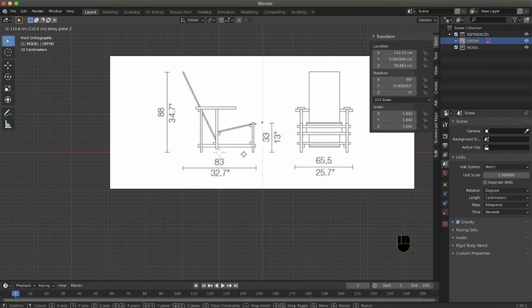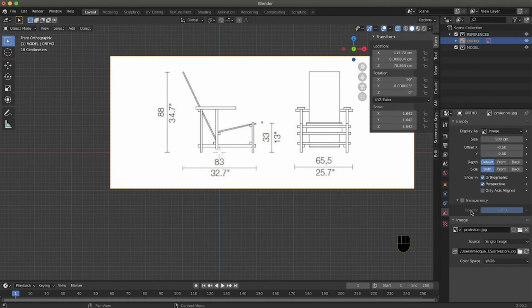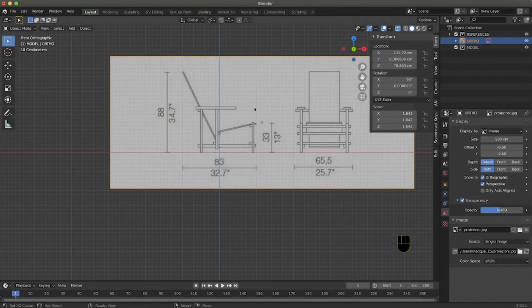I cannot really set it properly on the ground, because the red line that represents the ground is hidden by our image. We can easily sort it out. We simply go to the object data properties, and under transparency we lower the transparency a little bit. In this case, yeah, I was on the floor.